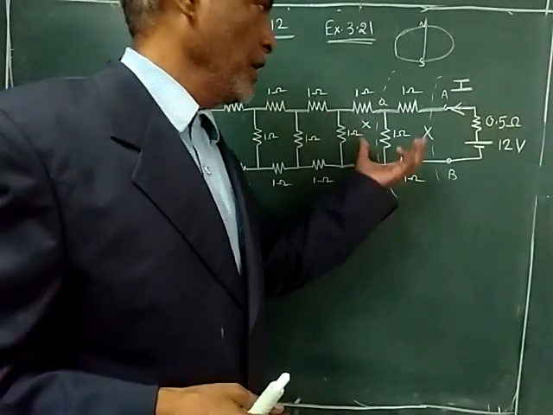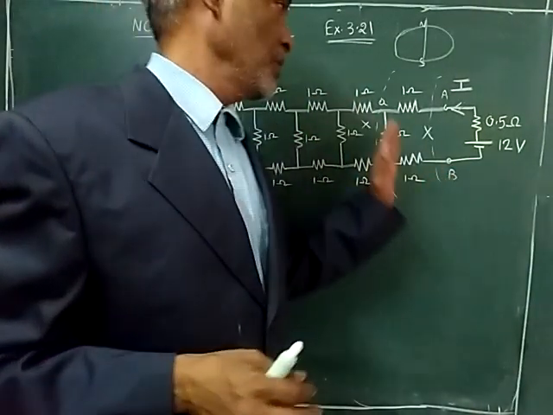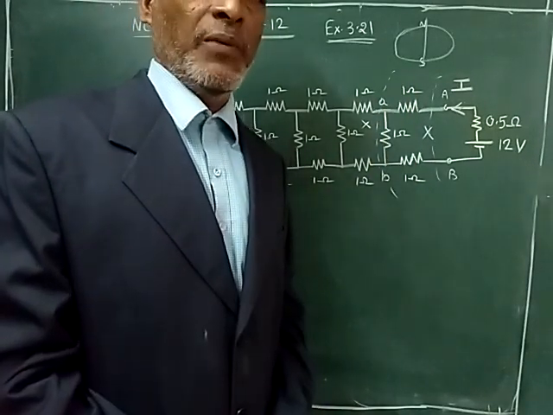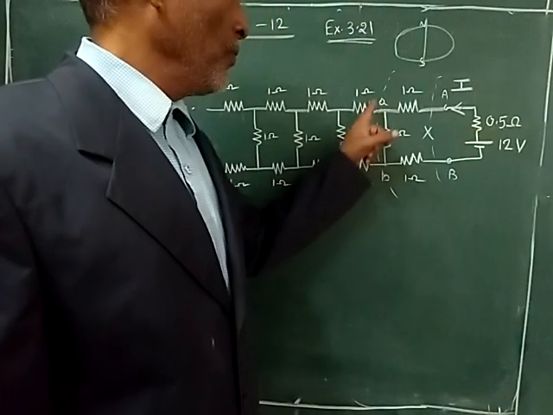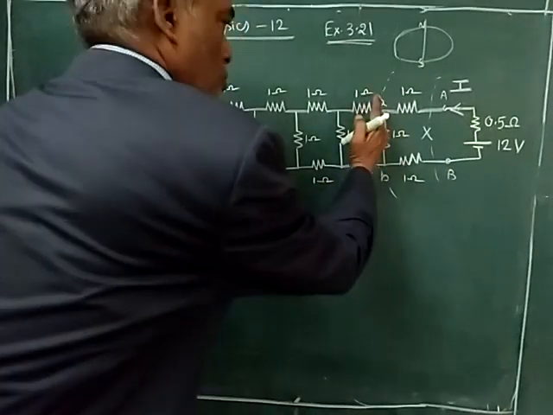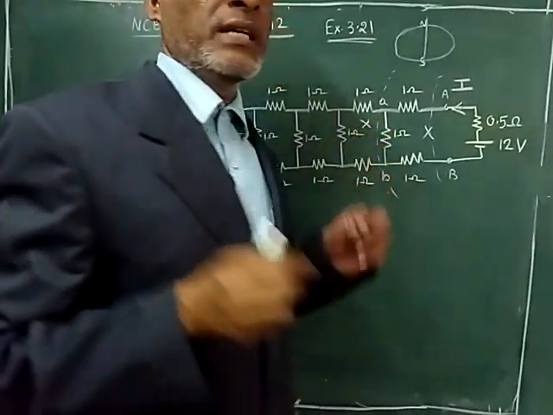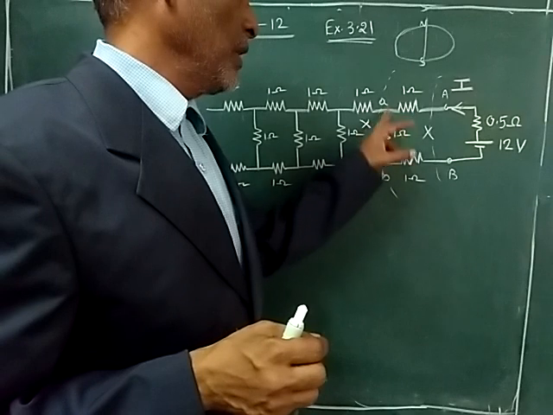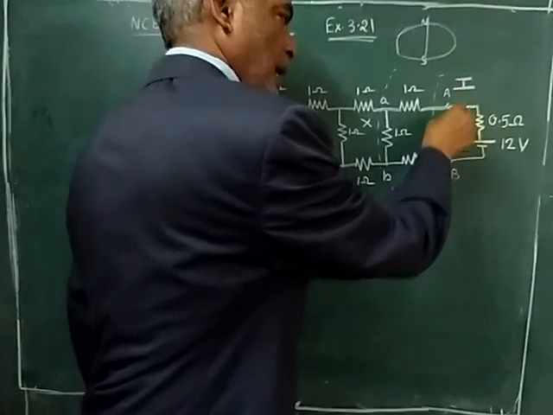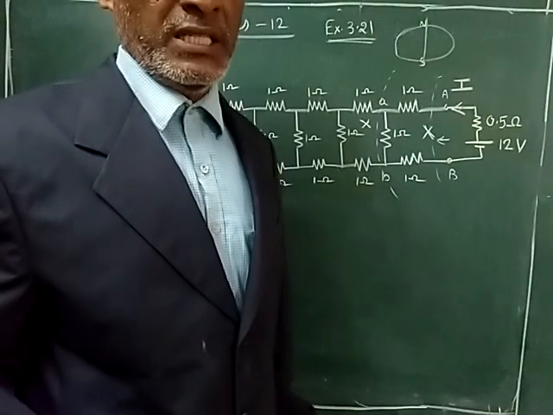Why can we equate these two? Because this section goes up to infinity. So even if one section or 2 sections are removed, the overall value is not going to be affected. The total resistance between small a and small b, this whole resistance, we don't know what it is, but I am calling it X. So even if you view from capital A and capital B, it will be X because there is not much change.